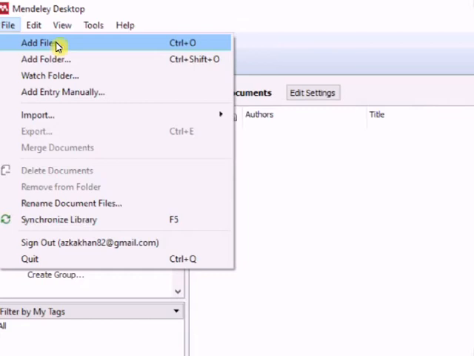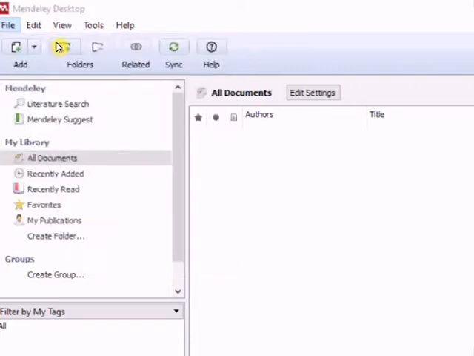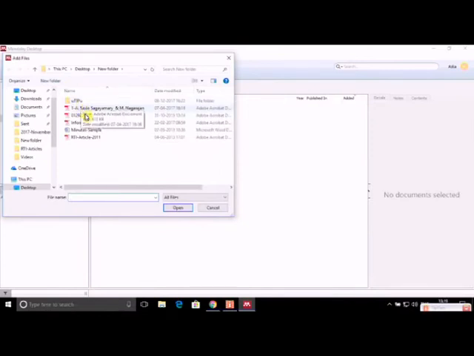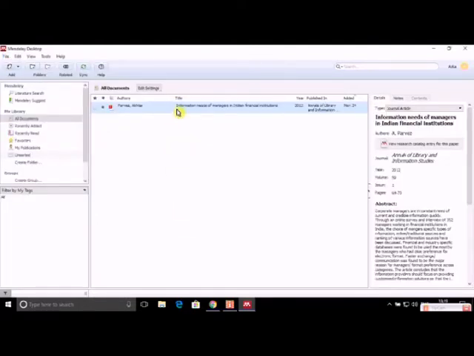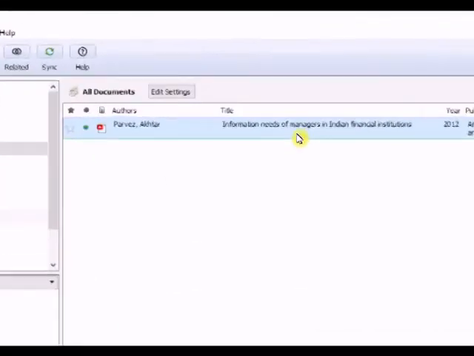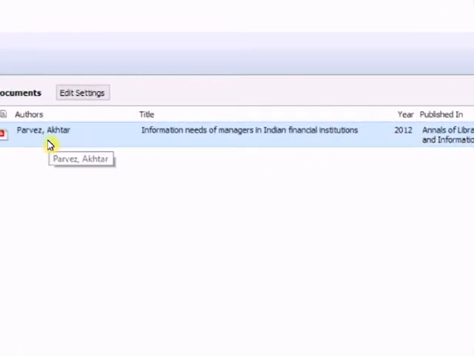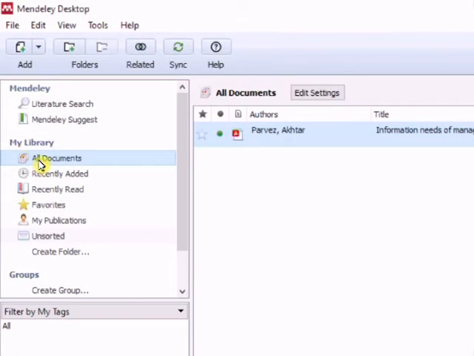Now let me add a file and show you how it works. I'll click here and say if I want to add this particular file, I will say open, and here you see that this file has been added. Whatever files are added, they go to the All Documents folder.